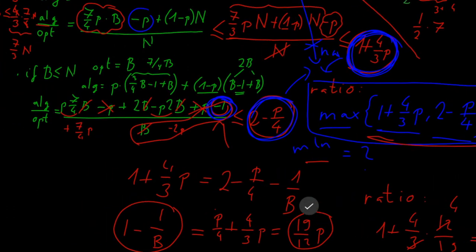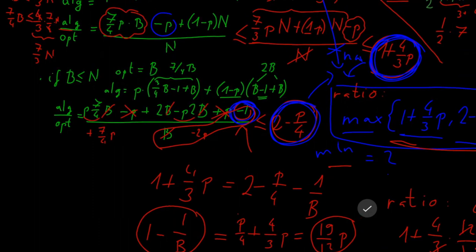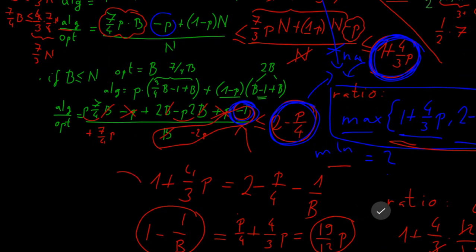Well, it's not that surprising. So if we make a more exact computation, the optimum value for P is just 12 over 19